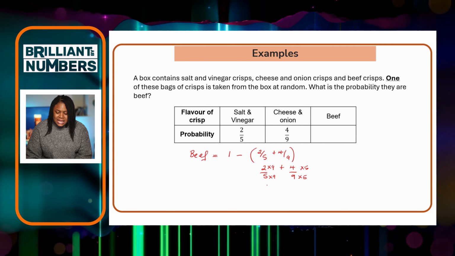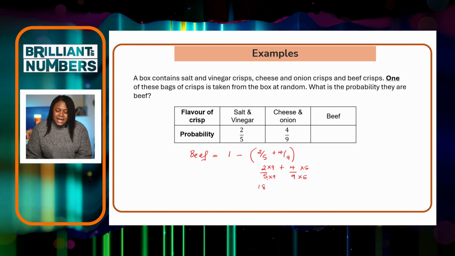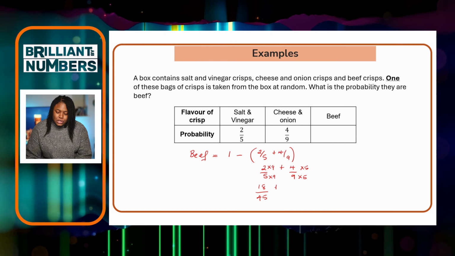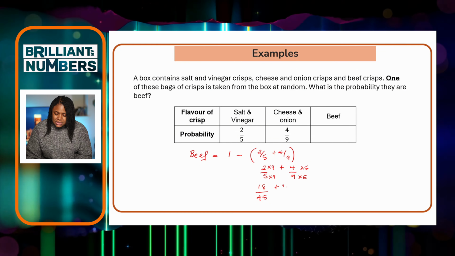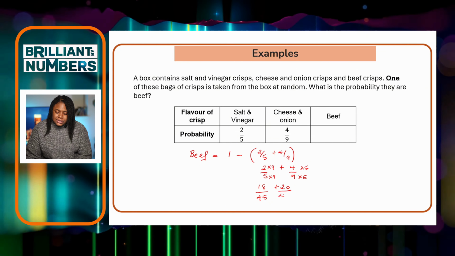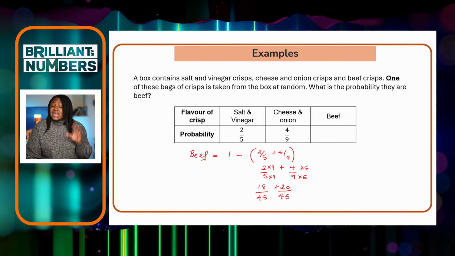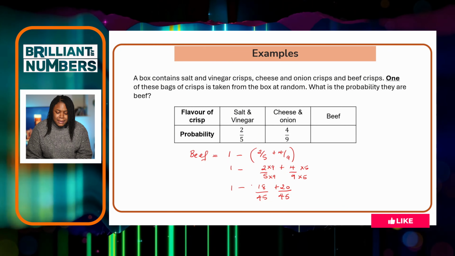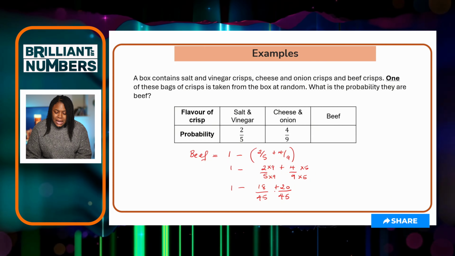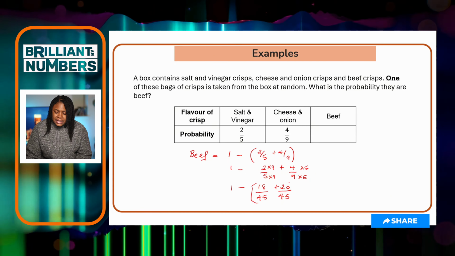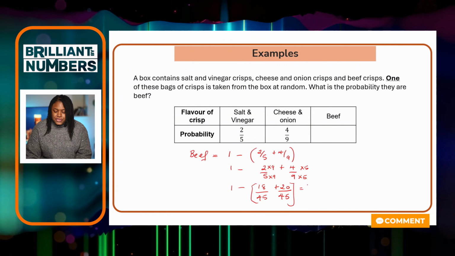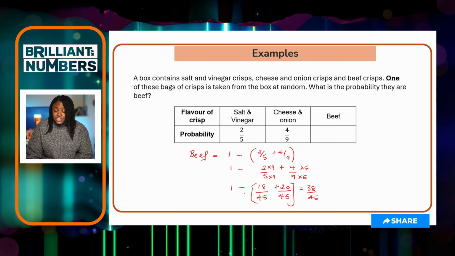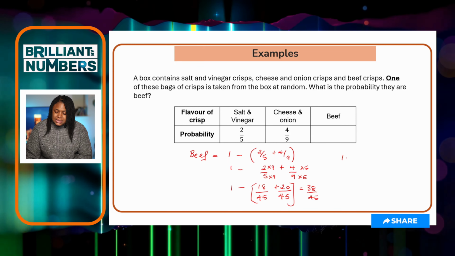So 2 times 9 is 18, and 5 times 9 is 45, plus 5 times 4 is 20, and then our same denominator of 45. Now that they're the same, we can add them together. So I'm just going to put back my 1 minus here. So these two together will then give me 38/45. So essentially, I'm doing 1 take away